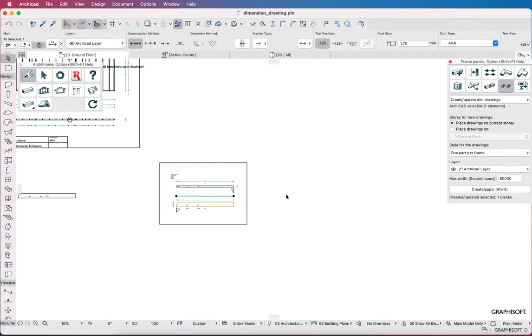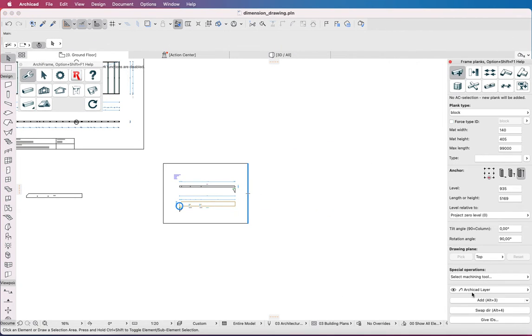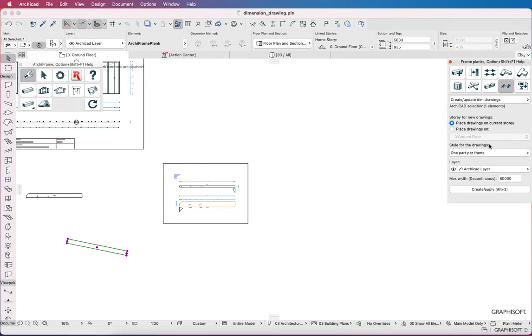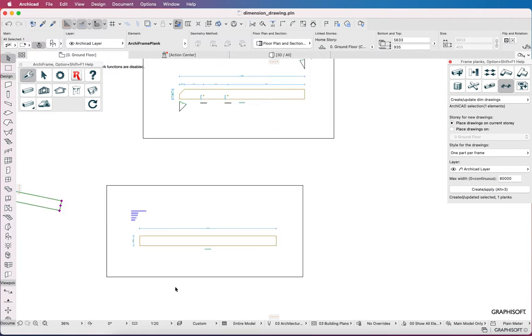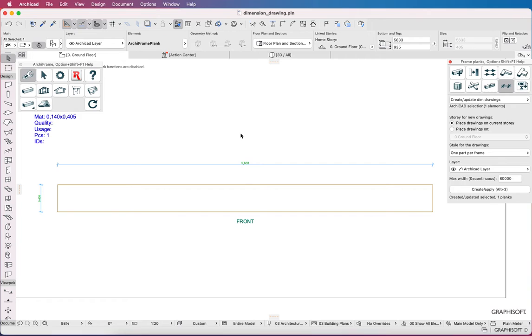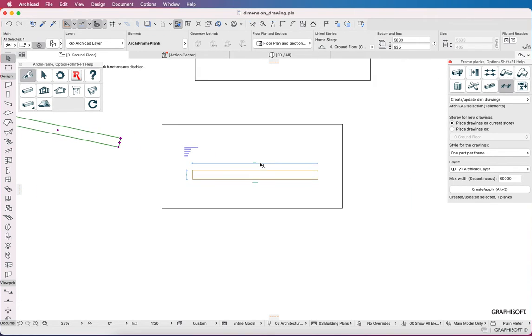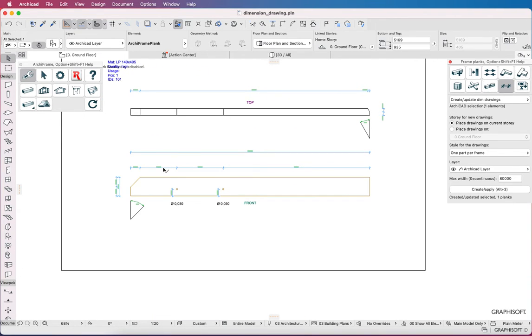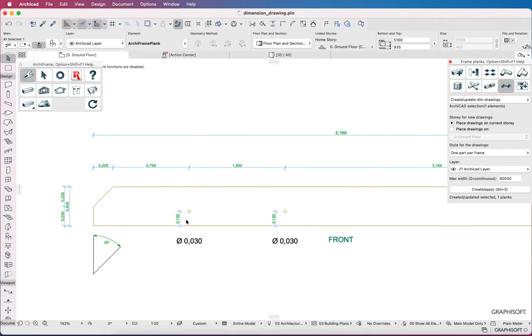If you make a totally simple plank, then its dimension drawing will also be very simple. Basically, dimensions only show the size of the plank. But if the plank has machinings, then dimensions are there for these machinings too.